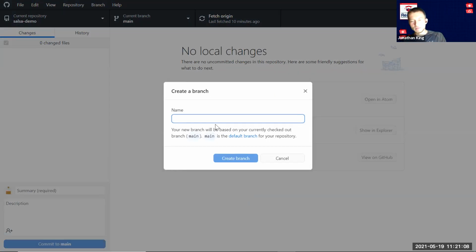So I'm going to create one of these concurrent versions of my salsa repository. And I'm going to do it in the context of trying out a new feature. The idea here is what happens if we roast the tomatillos before we add them to the salsa? So I'm going to call this branch roasted. And it's usually good to give your branches informative names. If you have a big project, you can end up with many different branches, and it's nice to be able to tell them all apart. So this is roasted. So put the name in, you can create the branch,